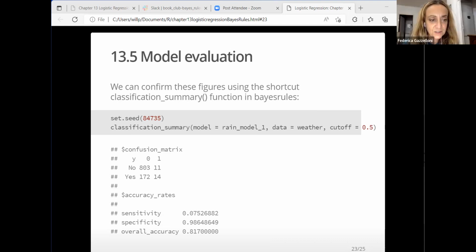Basically, you can change the cutoff figure to make the model more or less sensitive. Okay, more or less sensitive. So with 50% it's like a balanced result. Yes. So with the cutoff at 50%, if we lower it, we'll have more days classified as rain with no rain, and we'll have more days classified as rain with rain. That's what we'll get, I think.